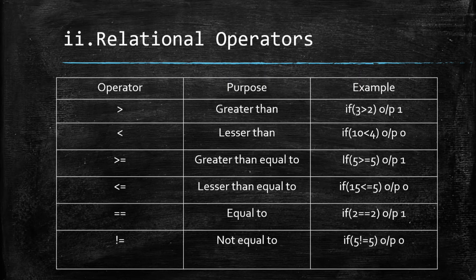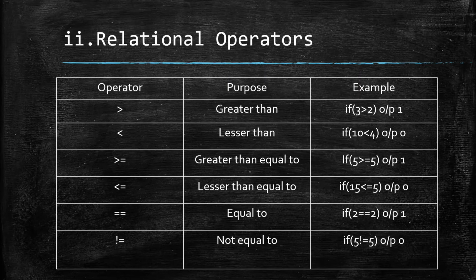The first operator is greater than. It is used to check which is greater. The example says if, which is the condition statement. The condition is always written in our parenthesis brackets. So if 3 greater than 2, what must be our output? Is 3 greater than 2? Yes, it is true. So the output is 1. For true it's 1. For false it is 0. Fine. Similarly,